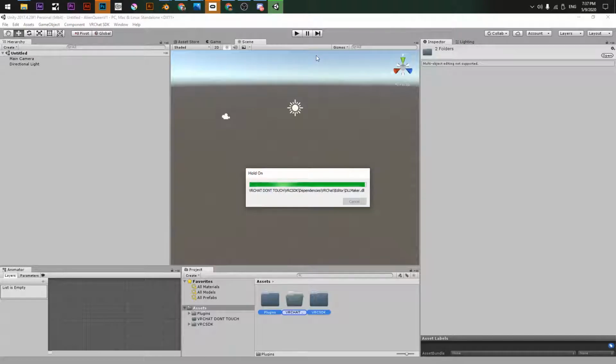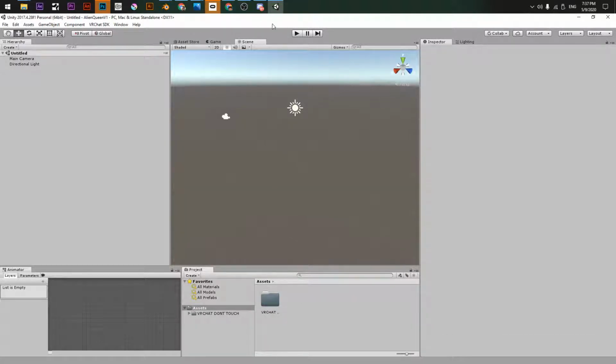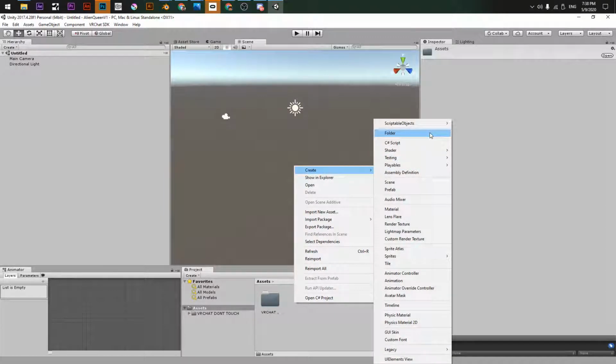Right now I have my model, my textures, and I think that's it. That's the only thing that I want to import. Maybe in the future I will add more animations and things, but right now I only want the avatar to be uploaded normally. Okay, now the movement is ready, and I will add create folder